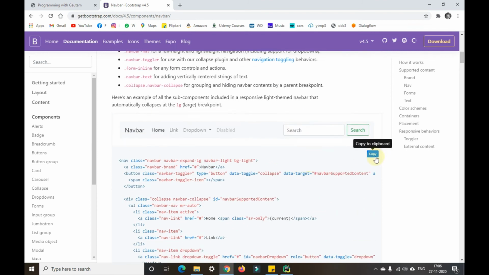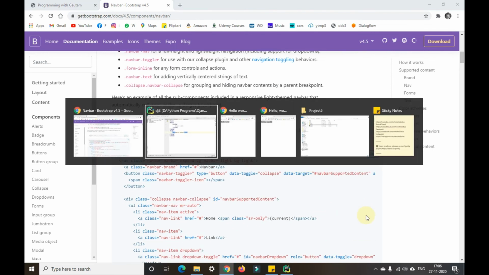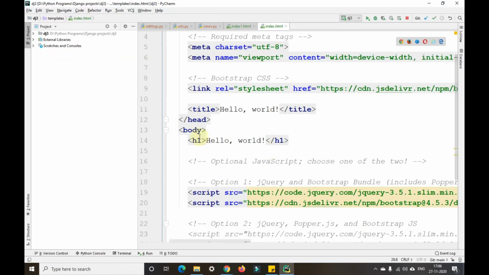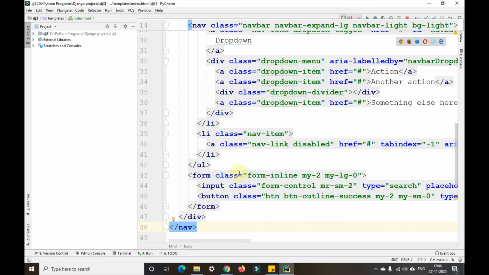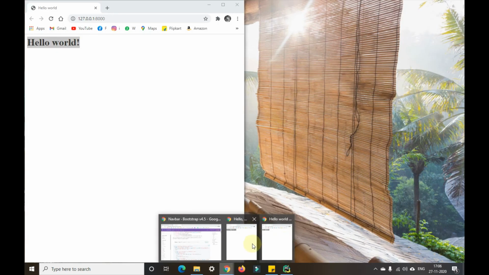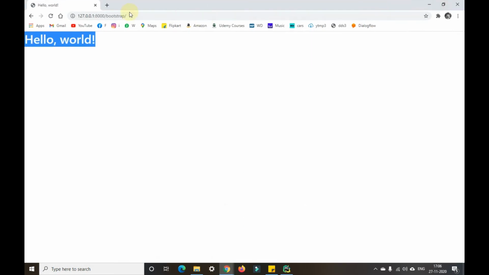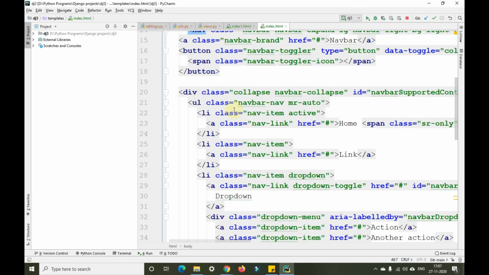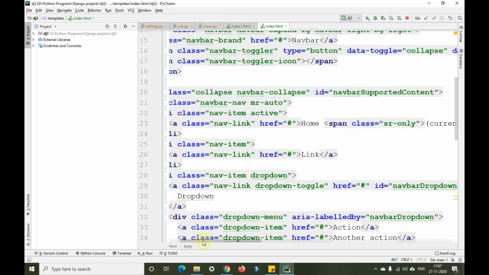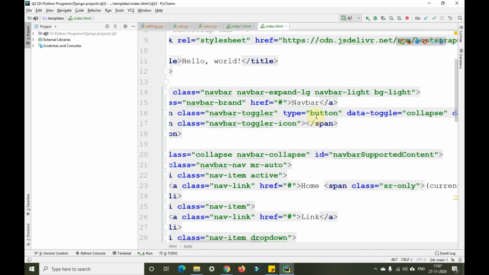So for example, I'm copying this particular code and pasting in index.html document there in the body. I am removing this h1 there, and I'm just pasting this particular code here, and I'll just run that particular code and show you. So this is the bootstrap page that we have. I'll just refresh it, and you can see this is readily available. So you just need to change the logos or anything. You need to customize them accordingly, according to your requirement here.